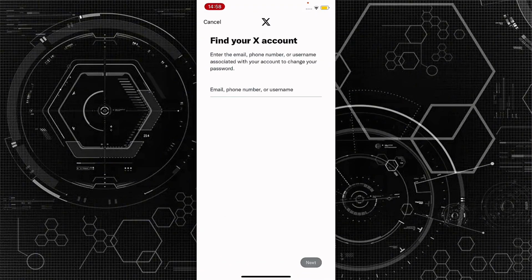Go ahead and press it, and they're gonna ask you for your email, or they're gonna require that you share your email, phone number, or username associated with your account so you can change your password. And they're gonna send a verification code to your phone number, or a verification link to your email, and then you're gonna be able to recover or add the new password, and make sure to memorize it in the future so